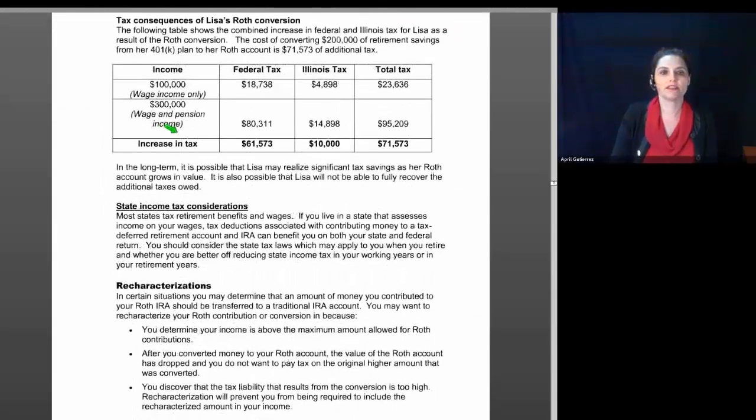The tax consequences of Lisa's Roth conversion. The following table shows the combined increase in her federal and Illinois tax as a result of the conversion, and we can see that with only the wage income, her federal tax was $18,738, but after the Roth conversion, it was $80,311, an increase of $61,573. Her Illinois tax, interestingly, went up by exactly $10,000, and the total additional tax she has to pay combined to Illinois and IRS is